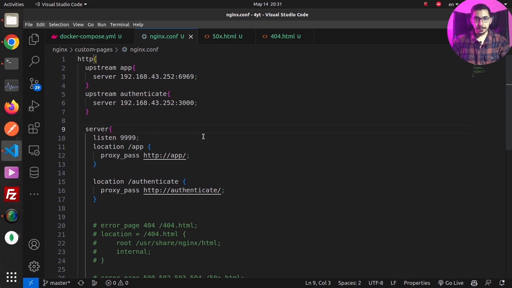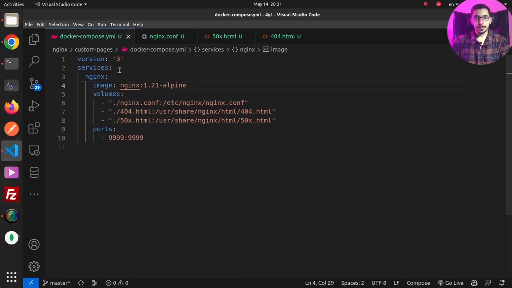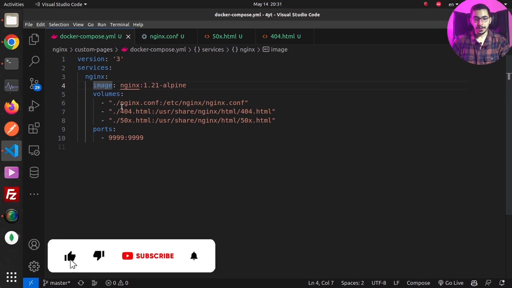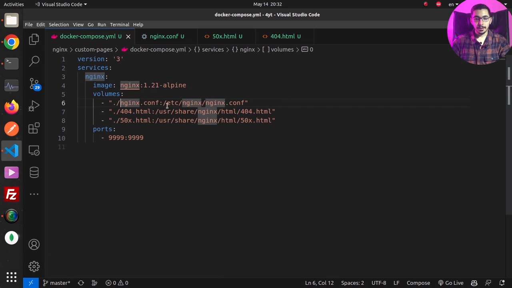So as you can see over here, I've got 4 files. One, the docker compose file to spin up our nginx server as a docker container, which holds 1 service in it, the nginx, using the official nginx image, and it has 3 volumes mounted inside it. One being the ./nginx.conf file, to the /etc/nginx/nginx.conf file inside the container, the other being 404.html, again mapped